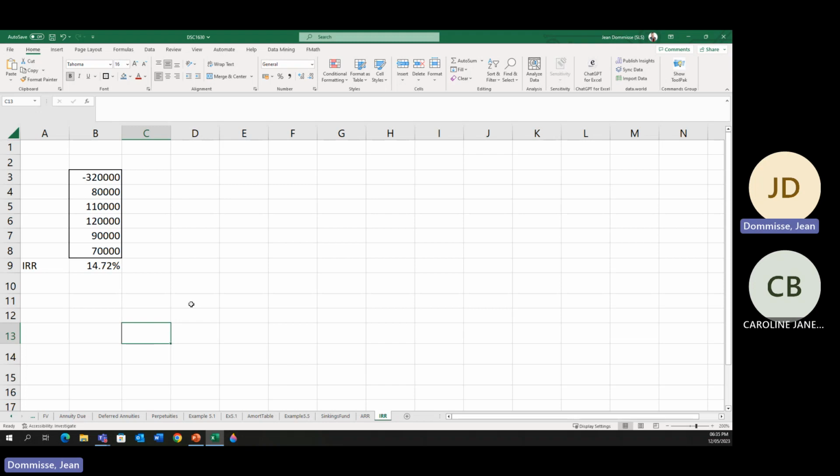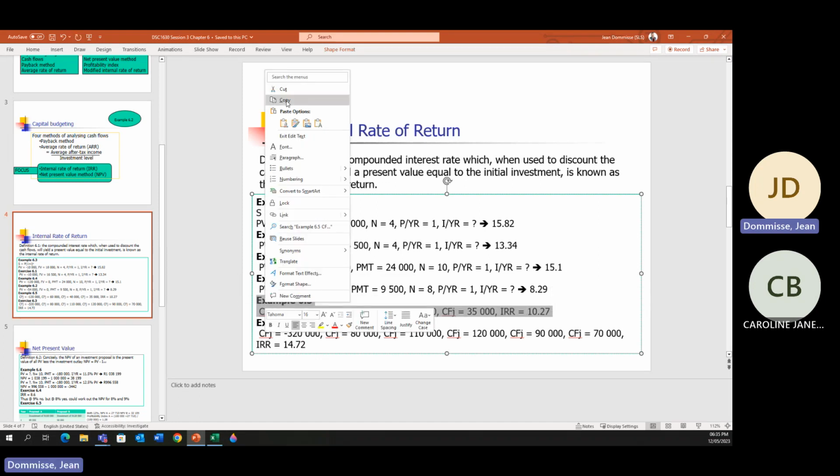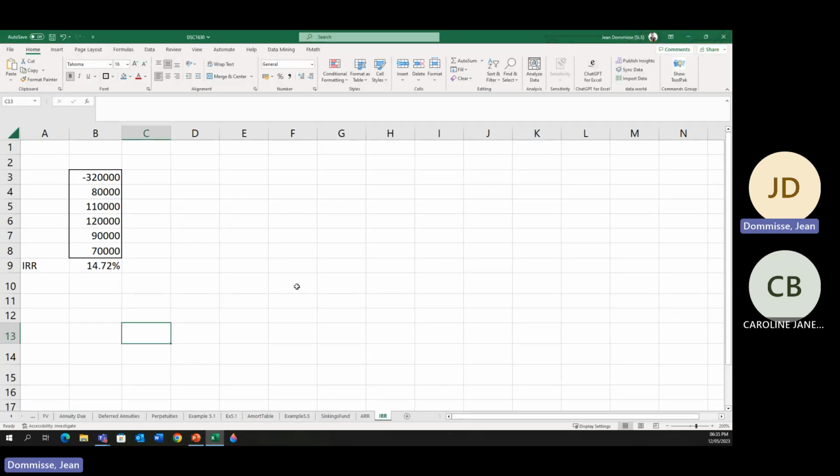We use our financial calculator, but if you have a set of numbers, you can actually use the Excel formula to work that out. So that is actually quite cool. So we'll just make sure that it is not by pure luck. So let's just check